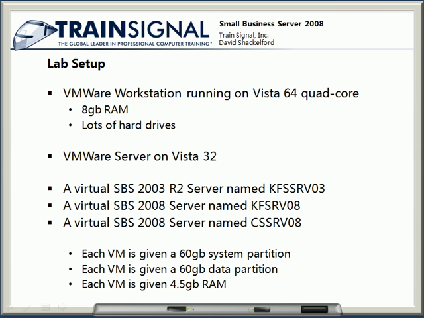Now, I thought you might be curious about the lab setup and what I'm actually running behind the scenes. Well, I've got two servers set up. One is a VMware Workstation running Vista 64 with a quad-core processor. It's got 8 gig of RAM installed and lots of hard drives. And I've got a second server running VMware Server on a Vista 32 platform. That second server is primarily to host the SBS 2003 instance called KFS SRV03, which is the current Kingfish PI server. The other two virtual servers, KFS SRV08 and CS SRV08, are both running on the original VMware Workstation, and